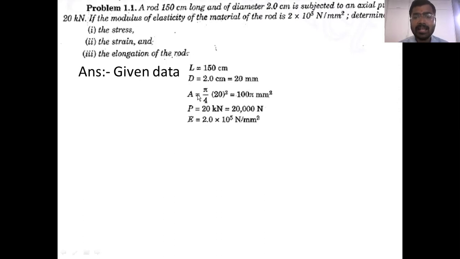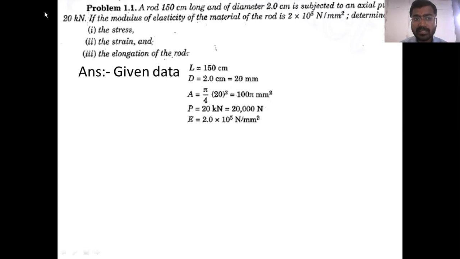Fine. Now the area, how can I calculate the area? As we know, this is the diameter we have, which means this is a circular section. Now if you have a circular section, then the area of the circle is pi by 4 d square. So pi by 4 into d square. Diameter, how much do we have? We have 20. So if you place 20 over here, we get our area as 100 into pi. Now P is nothing but my force.